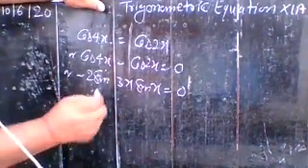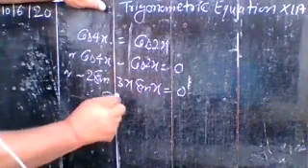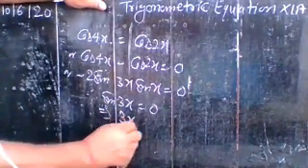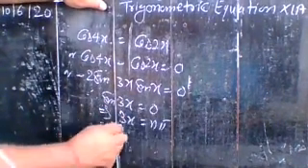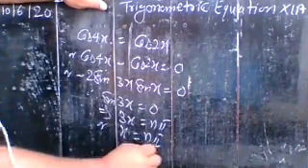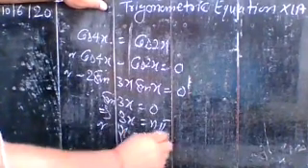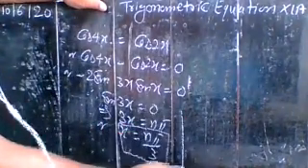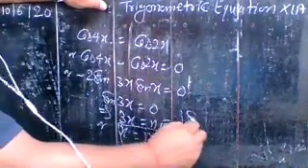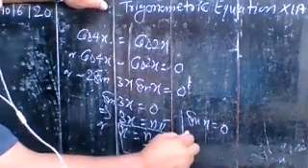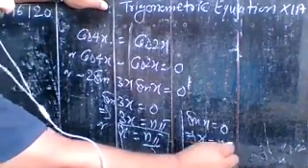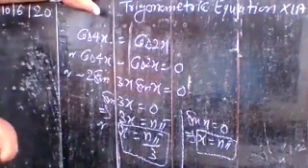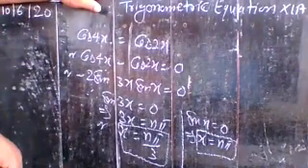So what are the possibilities? If you take sin 3x is equal to 0, this implies 3x is equal to n pi, or x is equal to n pi by 3. So that is one of the solutions. And if you take the other one, sin x is equal to 0, so you have x is equal to n pi. So x is equal to n pi and x is equal to n pi by 3 is your required solution. Understand? Okay.